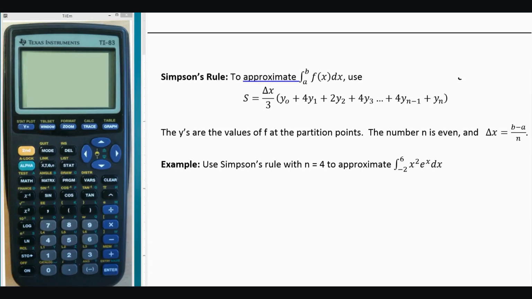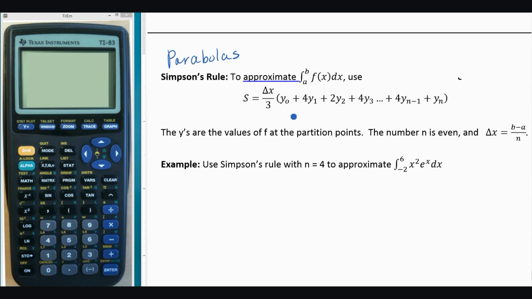Here we've got another rule very similar to the trapezoidal rule. The trapezoidal rule approximated integrals using trapezoids, and Simpson's rule uses parabolas. So here, to approximate an integral, we're going to do delta x over 3, and then you're going to plug